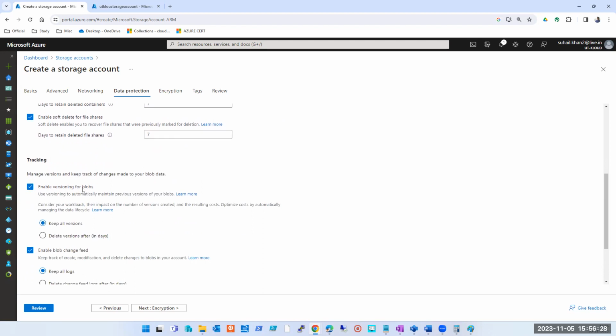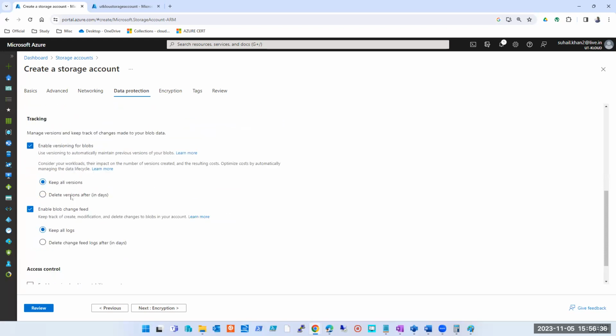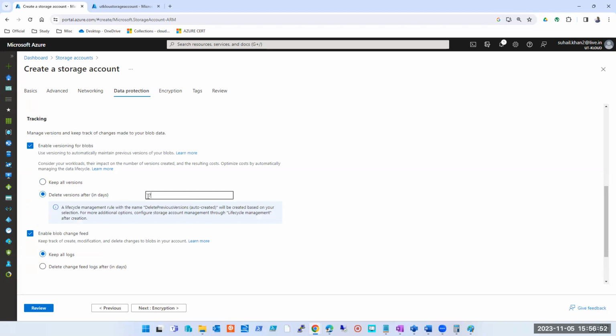Keep versioning of blob. Now, see here we talked about containers, right? Containers के version की बात की हमने. Now here we have blob version. This is exactly same as what I just showed you. Blob as in file, right? I told you blob का मतलब है file. Keep all the versions. Whenever we are changing, you can keep them. Or if you want to delete, okay, 7 days के changes को रखो आप, remaining delete करते रहो. So if you make some changes, I can go back to 7 days and upload that file again. So this is what it is. Enable versioning for blob.